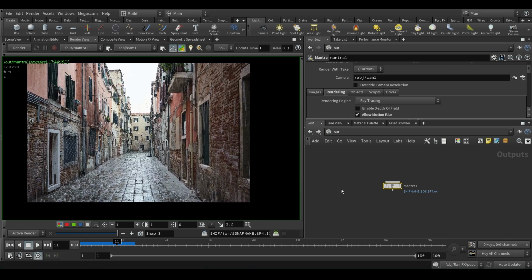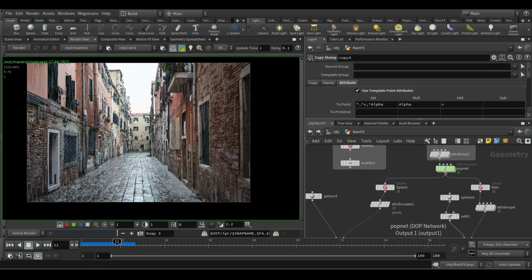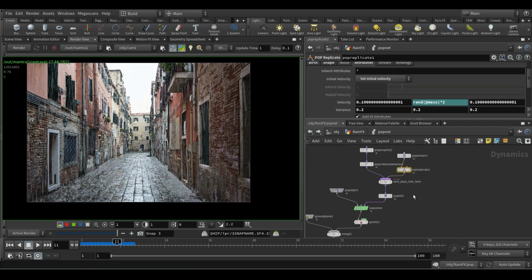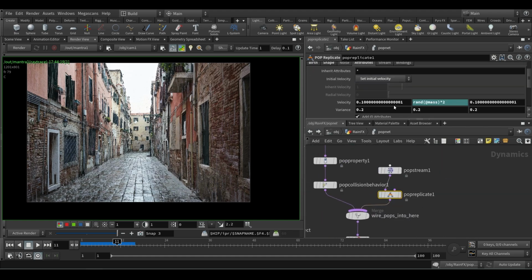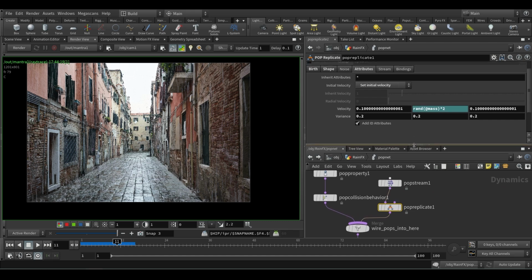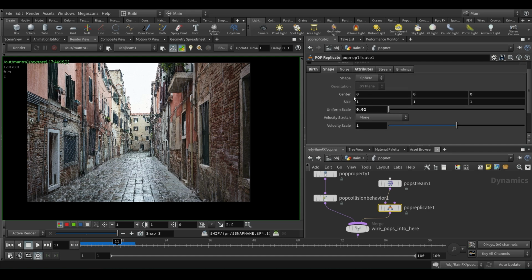What you can do is play around with the settings inside your POP. In my replicate, I gave some value on the velocity, 0.1 on X and Z, just like that. But you have to play around with this value and the shape value.